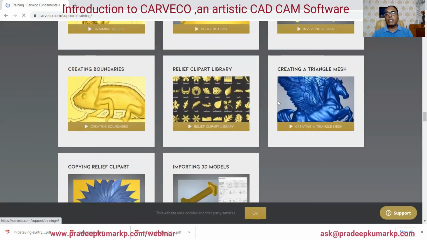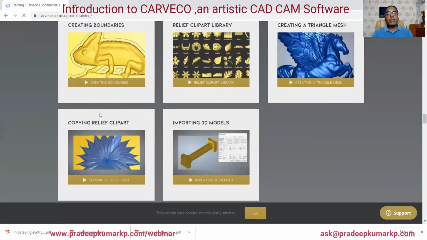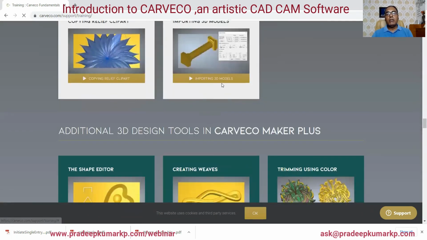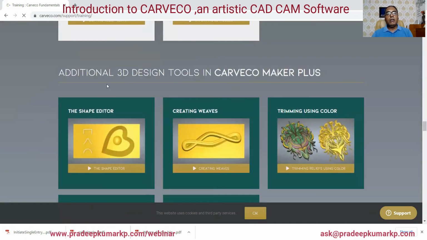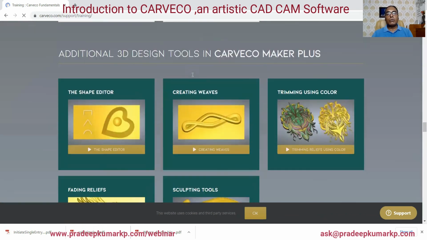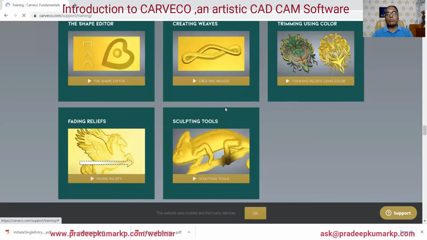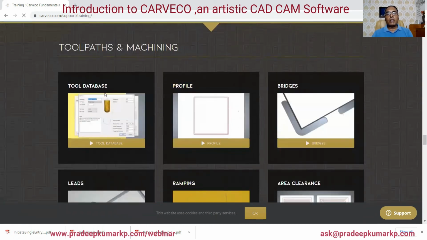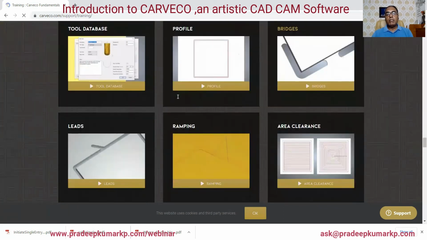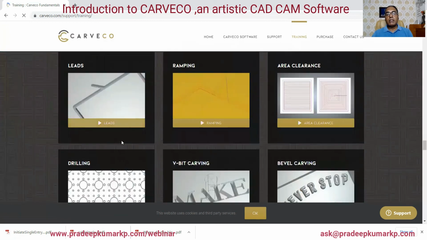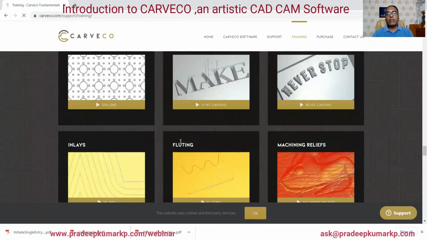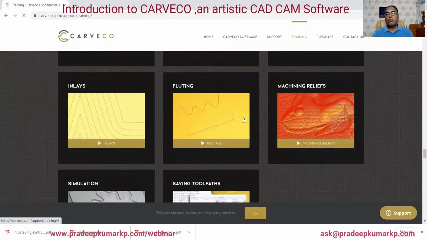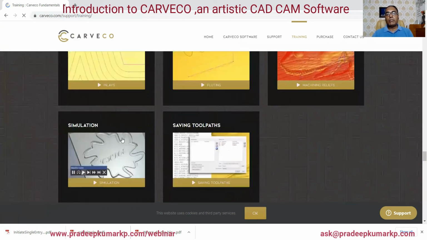In their website, so you can experience how these tools work, and then decide to purchase the software. Additional 3D design tools also have some tutorials given. And regarding the toolpaths and machining, there are different kinds of tool databases available, and profile tools, with just leading, ramping, area clearance, drilling, V-bit carving, bevel carving, inlays, fluting and machining, relief, simulation.